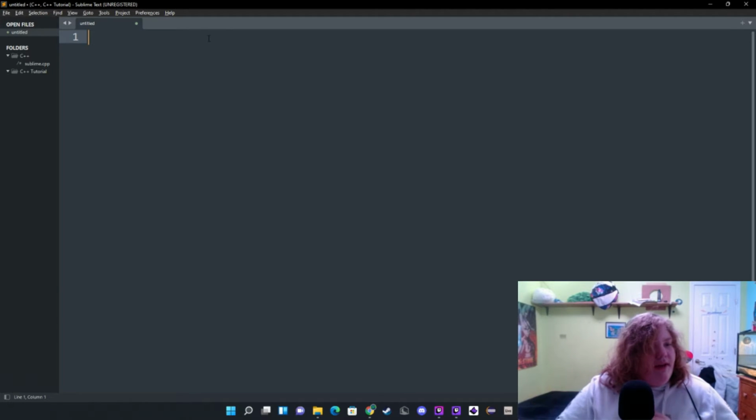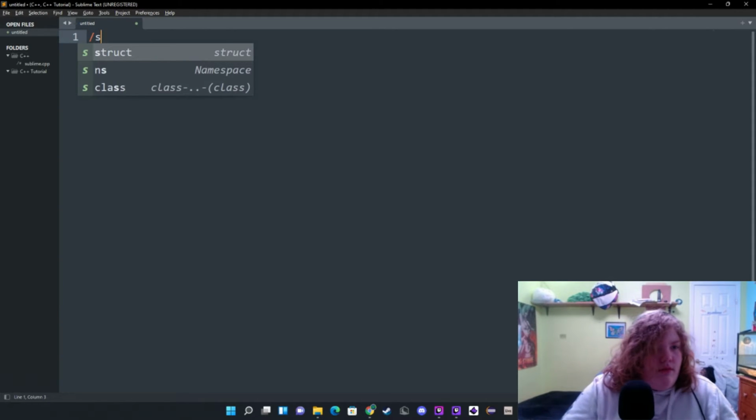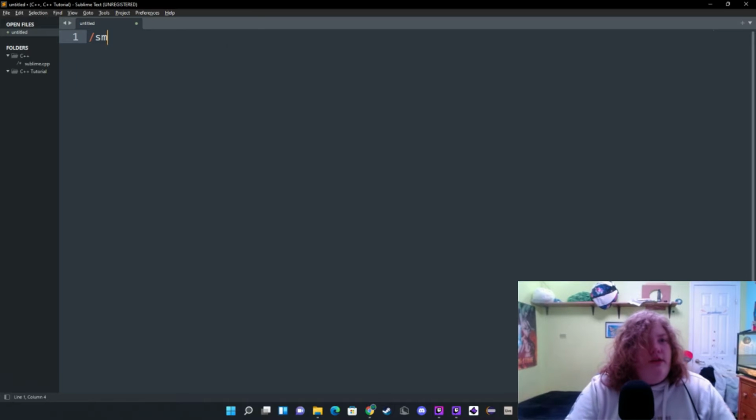So we have our file open. That's cool and all, but what do we do here now? We just run it? No, don't do that. That's not going to work. What you're going to want to do is hashtag include, with less than and greater than signs, iostream. This is just something that's required for C++ to run. After that, what you are going to want to do is